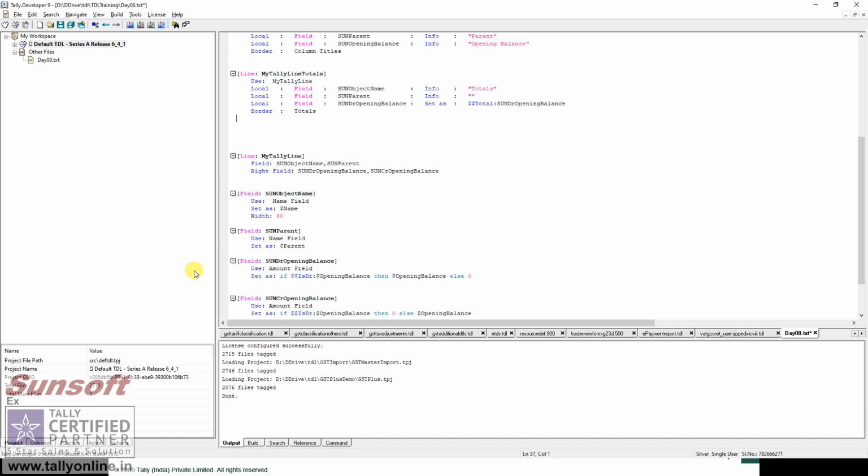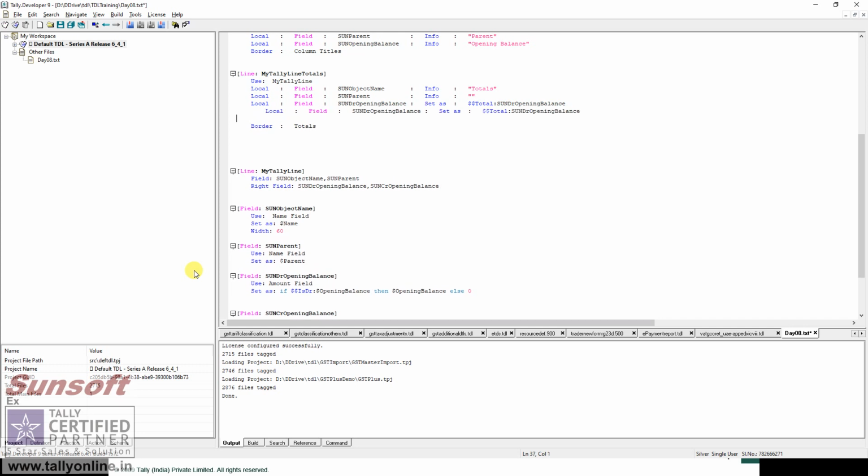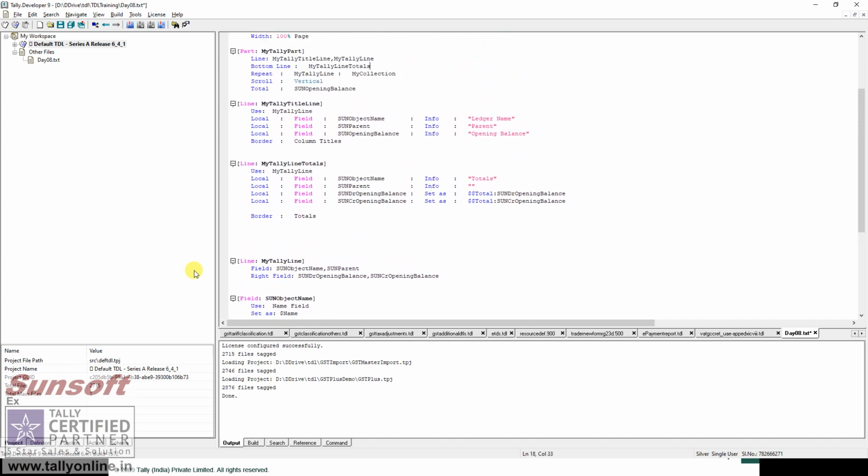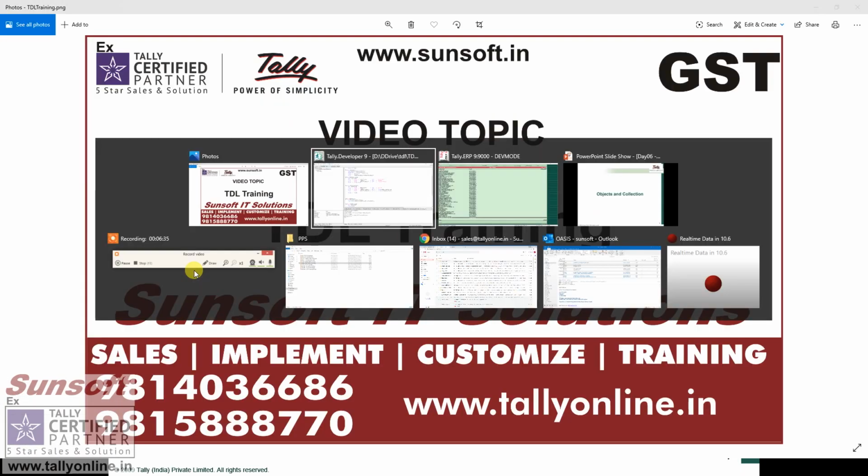I copy this and similarly in totals also I'll have two fields. So I have two fields here, debit opening balance and credit opening balance.